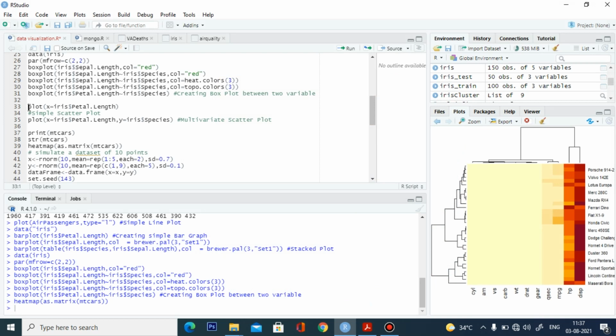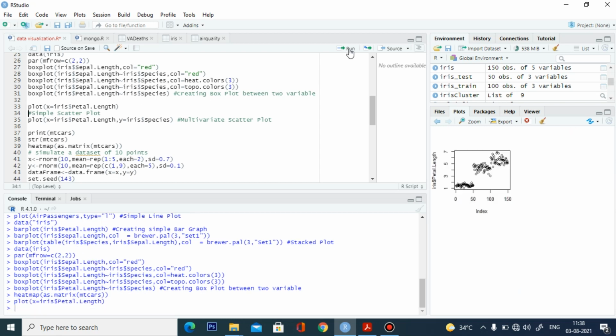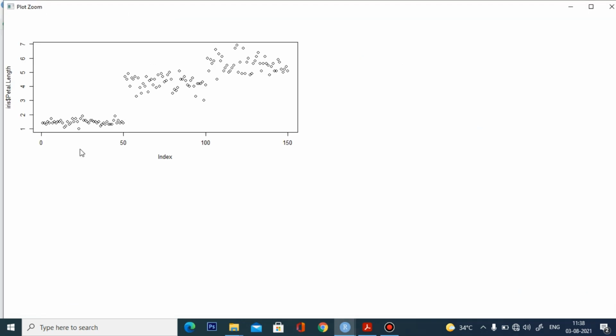Before getting to that, I will show you the normal scatter plot. A scatter plot is a very easy way to understand the data. It is very easy to display and very easy to understand. A basic inspection can be done using the basic plot. There is the simple scatter plot and the multivariate scatter plot. I am going to implement the simple scatter plot first. So this is the simple scatter plot, based on petal length. The 150 entries are scattered over these areas.